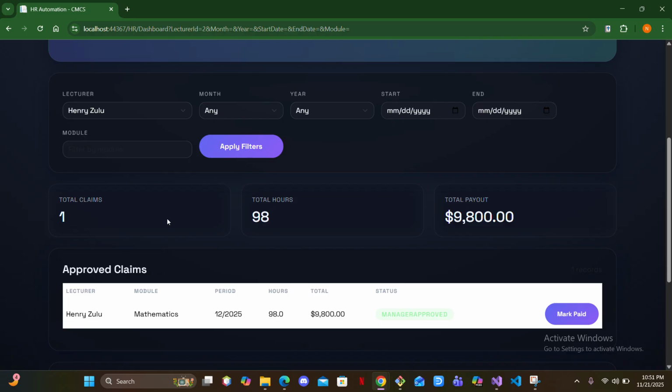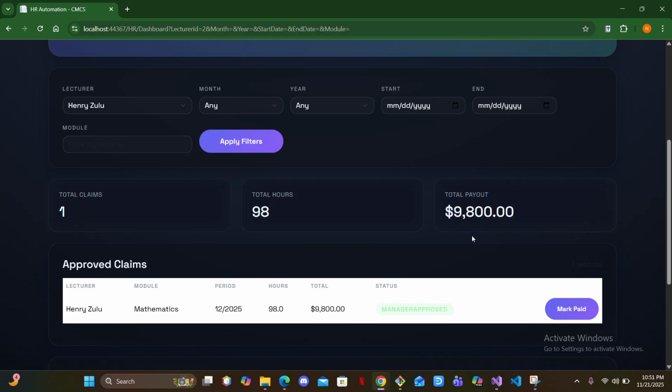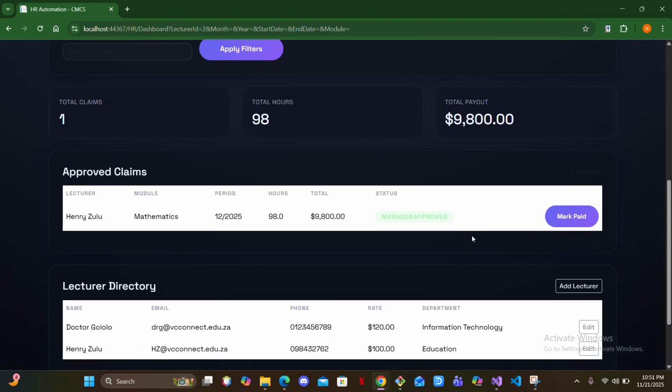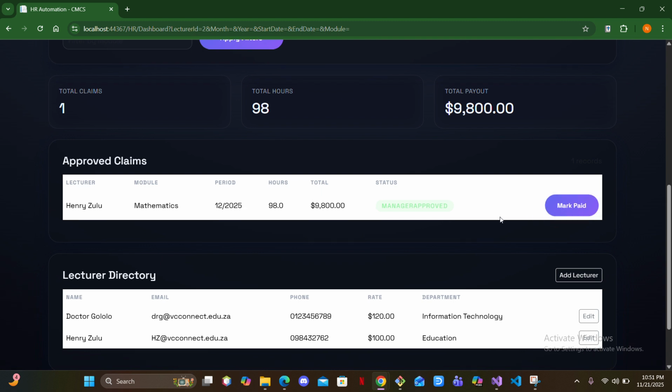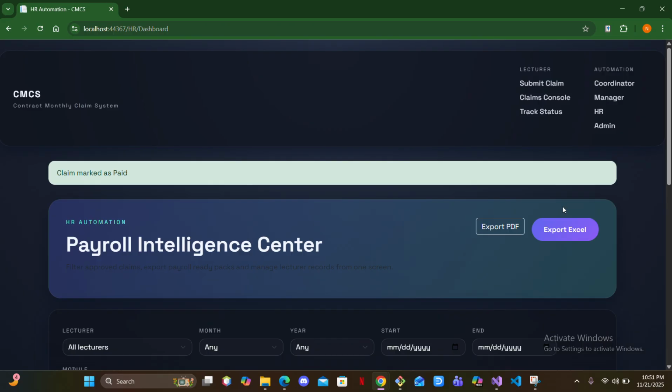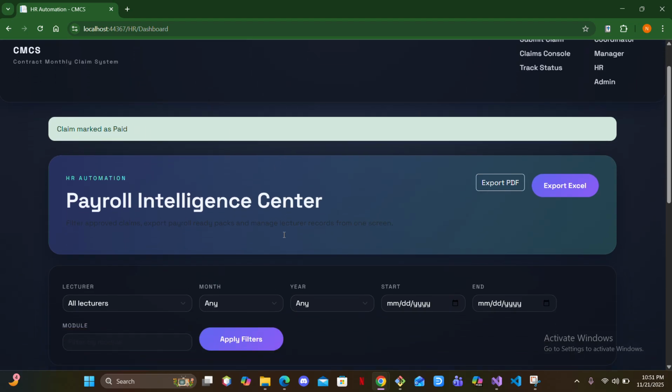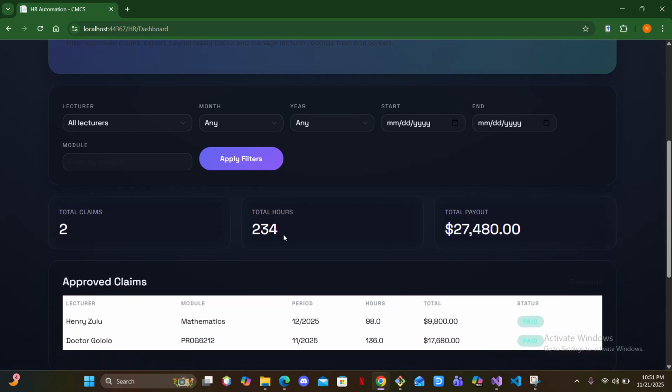And the total claims currently is on 1. And that is because this is just for Henry, right? The total hours is 98 and total payout 9,800. So now over here, because we're now the HR, we can actually mark as paid. So now with that being said, the claim marked as paid for Henry, what happens is that now we're actually